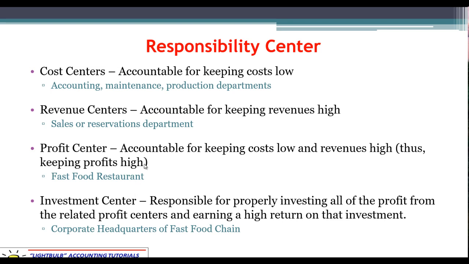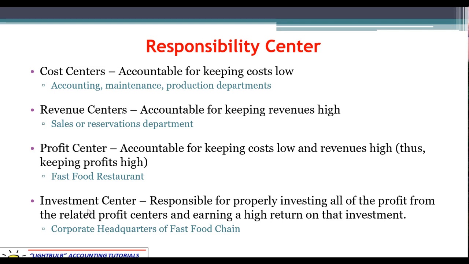This could be a situation where the supervisor for that shift is running a labor report every hour comparing sales to staffing. If sales are lower than expected and there's no expectation that they're going to get higher throughout the day, they may let some people go for the day, go a little early. Of course, generating higher revenues would be to satisfy customers, do anything you can to advertise yourself, get word of mouth advertisement to generate higher revenues. So this is the way that a profit center manager would track that.